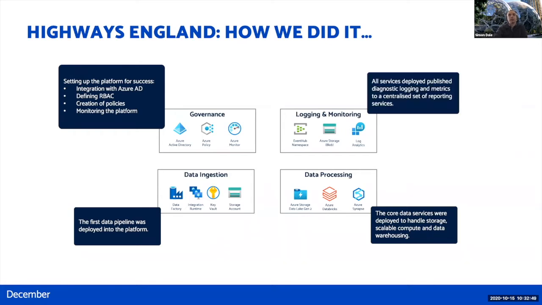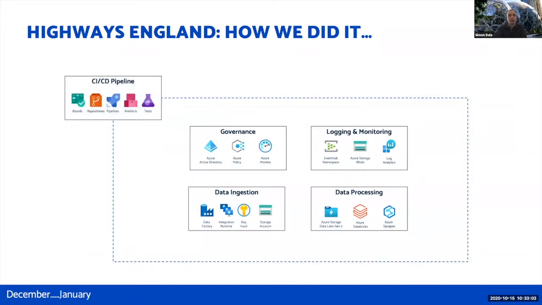And then we also made sure that everything that we had in the platform was providing logging, so diagnostic logging and metrics to a centralized set of services that we could interrogate if we needed to find out what was going on. So moving on into January, this is where we got access to the CICD pipelines, the Azure DevOps service, and we could connect it to Azure. So we started building out the pipeline that took the modular templates we'd used previously, and then just wrapped them around through the build and release process. And this was really starting off how we would like manage different environments for dev, UAT, and production.